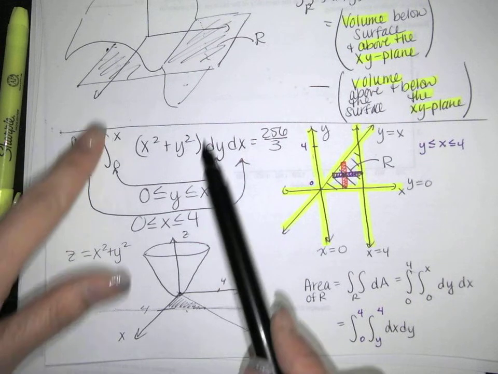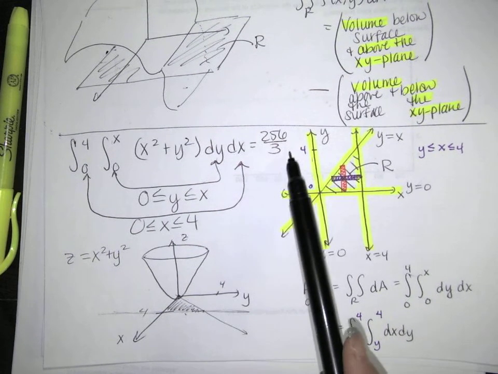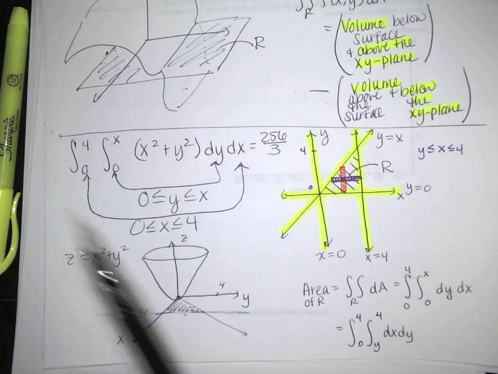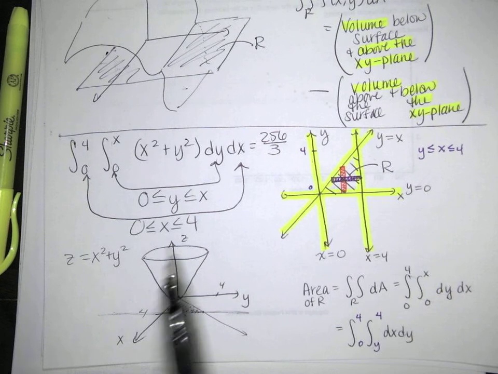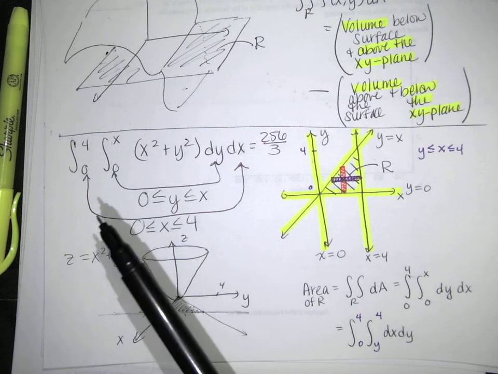If that works, if that holds, when you're done, you'll get a number, and that number will represent a volume. If you put a 0 and an x on the outside, you're going to end up with a function of x out there. It doesn't make any sense. One other thing that you should know about setting these up, and we're going to set a